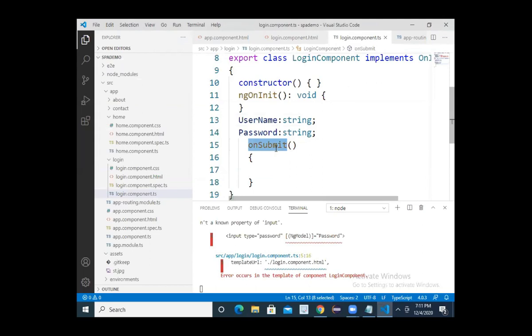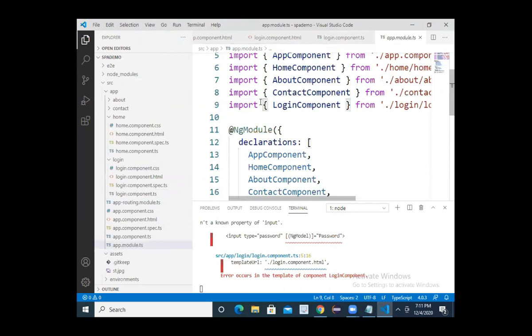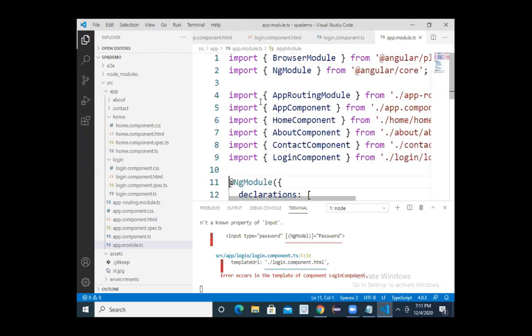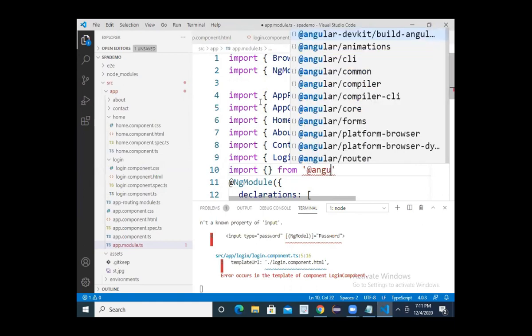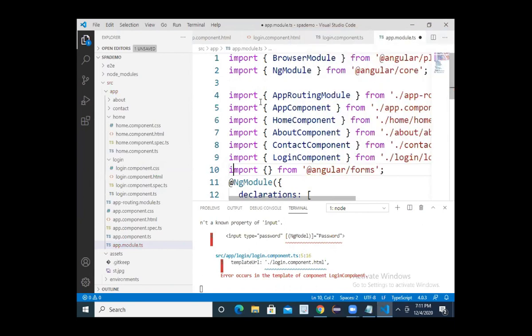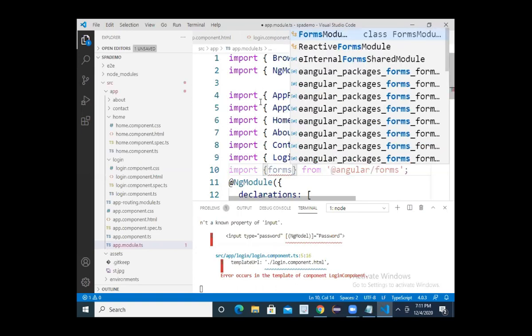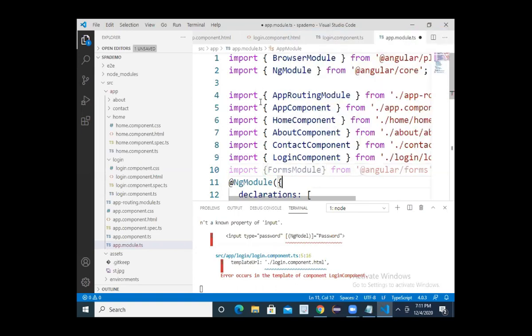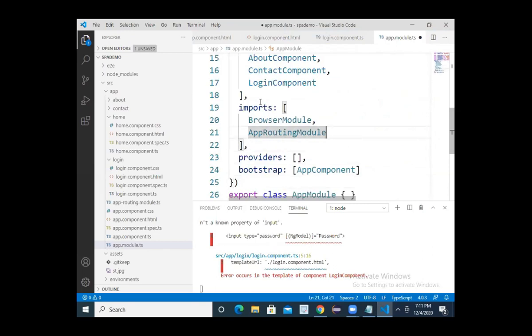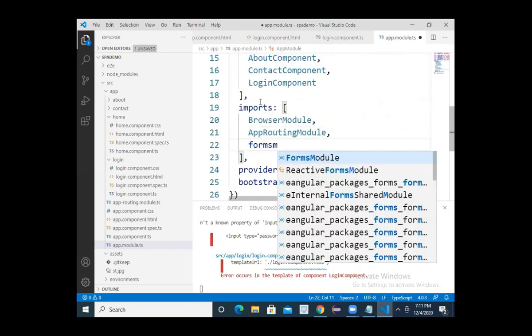Whenever you want to design any forms, you have to use the forms module, otherwise it will not work. You can import it from @angular/forms. The module name is FormsModule, and you also have to register it under the imports section.